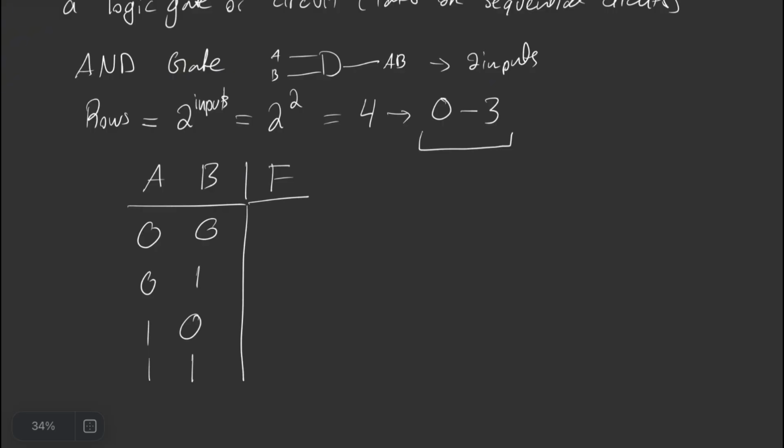Okay? So, for our AND gate logic, 0 and 0 is 0. And this is also similar to multiplication, okay? 0 and 1 is 0. 1 and 0 is 0. 1 and 1 is 1. Okay? Now, in terms of truth tables for our NOT gate, and for our OR gate,